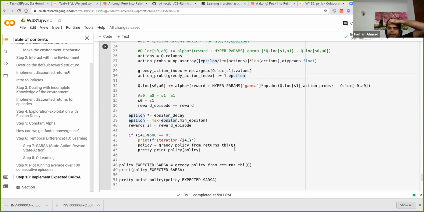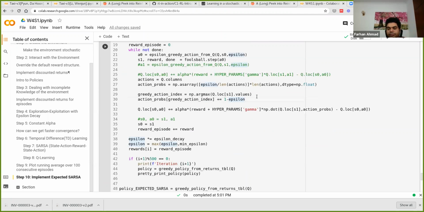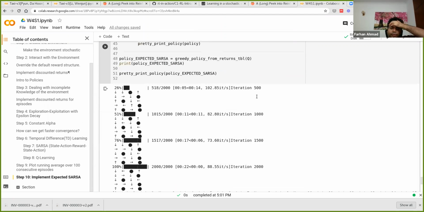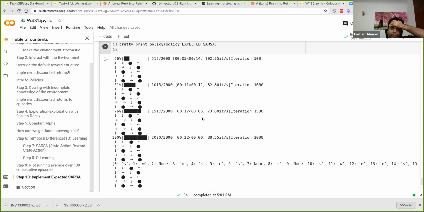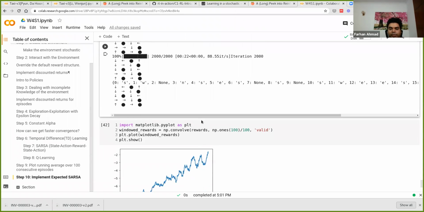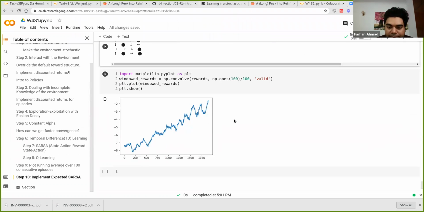The other changes are basically the instrumentation, or the extra code we added to print the performance, right? And I ran this for 2000 steps. Again, there were some oscillations. Eventually we did get what looks like something pretty close to an optimal policy. But if you look at the rewards that we have gotten, this one looks sort of better,